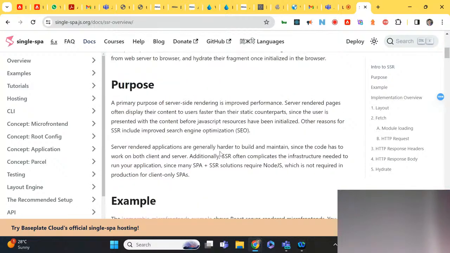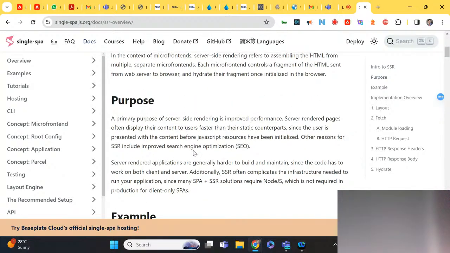So the purpose is SEO improvement, search engine optimization improvement, and also improved performance, because server side will fetch the data. In a normal SPA, the first load will be everything combined and coming in one go.